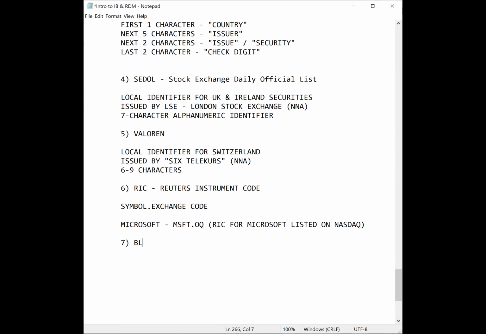Similarly, we have Bloomberg Global ID. We call it BBGID, Bloomberg Global ID. These are provided by Bloomberg company. Bloomberg is a financial software, data and media company, US based. So Bloomberg is also an external data provider, right? We talked about it. So they also provide you codes. And if you want to search for any security on the